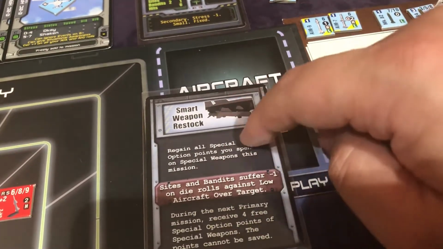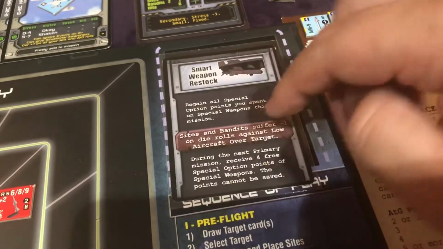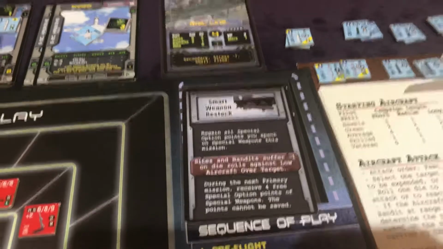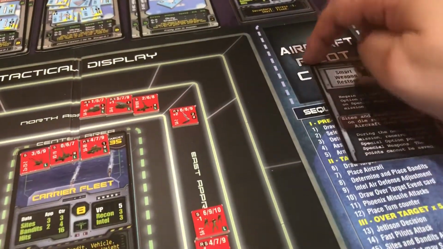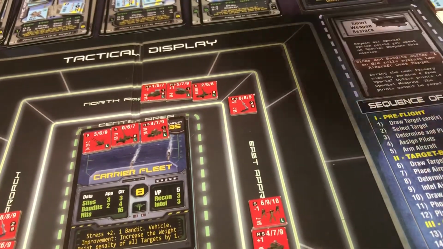So regain all special operation points you spent on special weapons this mission. Okay, that is sweet. So we spent 2, and I'm going to come over here and cross that out. I did not spend 2. That was a sweet little card. So I put that here. I know it says you put your aircraft pilot cards there, but I don't. I just put this here, and